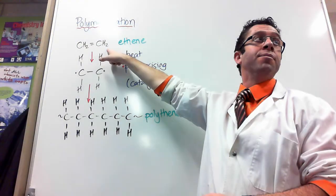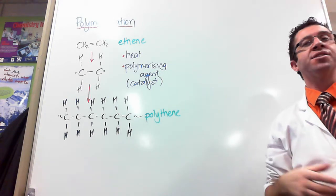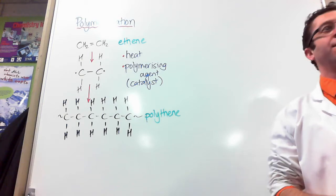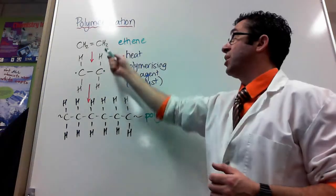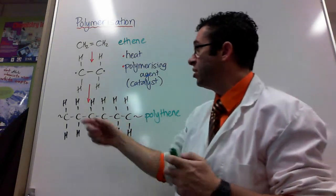That's quite easy to do. You need heat and you need a polymerizing agent. Something like iron is often used for this. It really is acting like a catalyst. Okay? It breaks the double bond, putting an electron at each side. That allows it to then interact with another one of these molecules and break its double bond and create a single bond